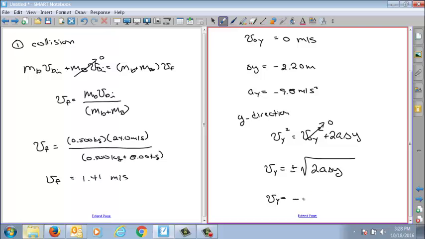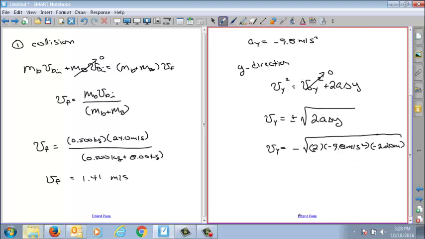It's going to be minus because it's falling down. So we get 2 times negative 9.8 meters per second squared times delta y, negative 2.20 meters. That's 2 times 9.8 times 2.2, take the square root of that, and we get negative